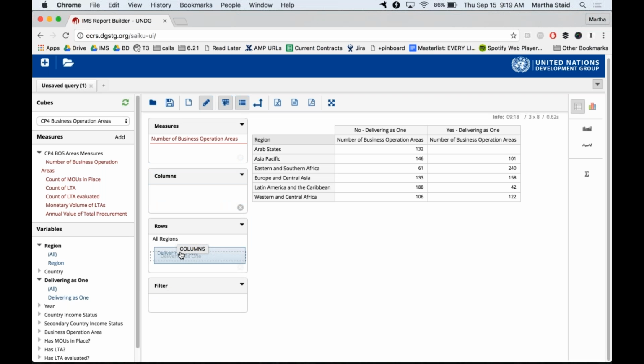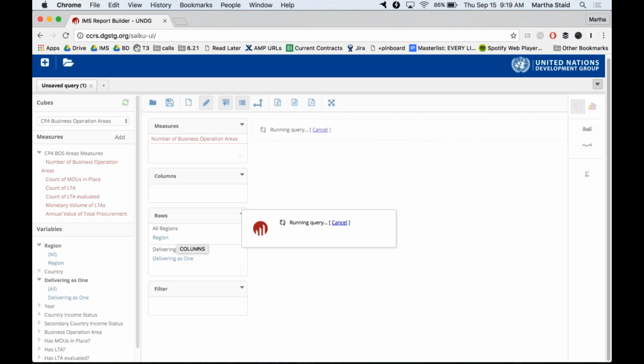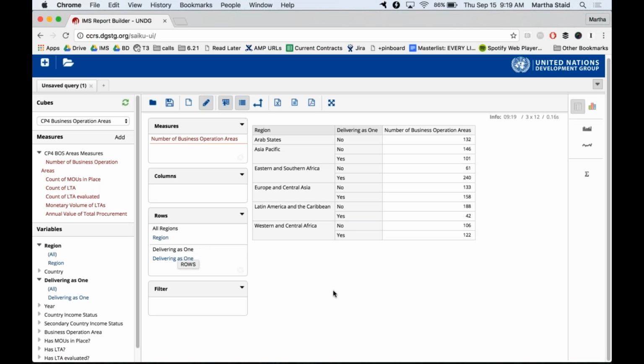If I drag this item down to rows with my mouse and put it there, suddenly what we have is the same data but crunched in a totally different way. We have the list of regions, and then within each of those regions we have the two different delivering as one options, yes or no, and then that count of business operations areas is disaggregated.